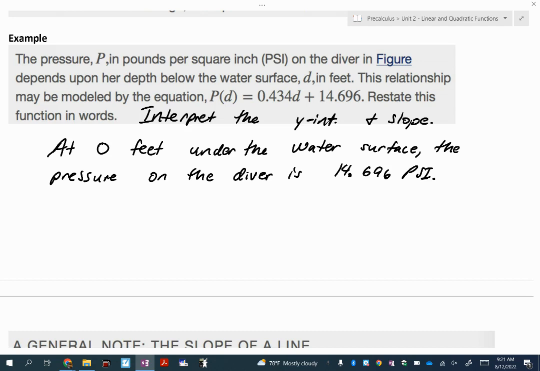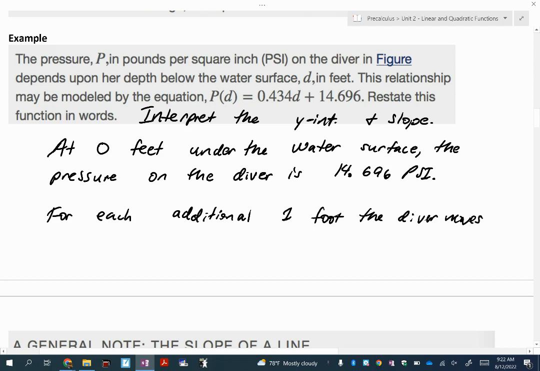Let's do the slope. Let me say this without context first. Interpreting the slope with no context is: for every 1 unit that you increase your input value, or your x value, your y value is going to increase or decrease by the slope, depending on if the slope is positive or negative. So in this case, for each additional 1 foot the diver moves under the water,